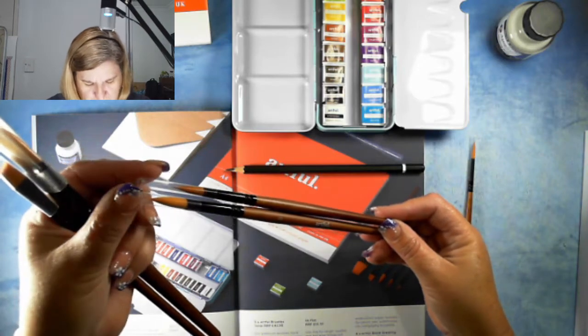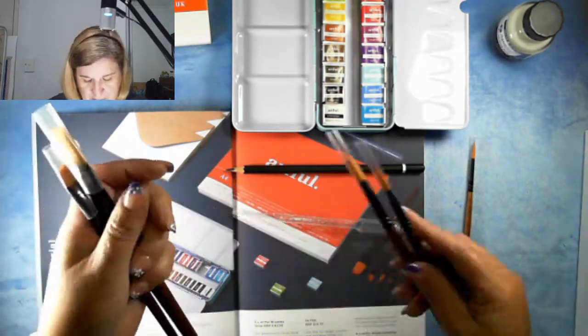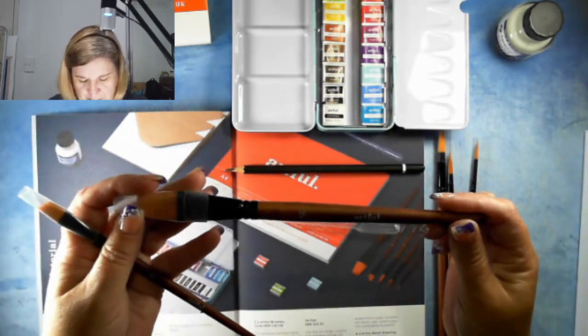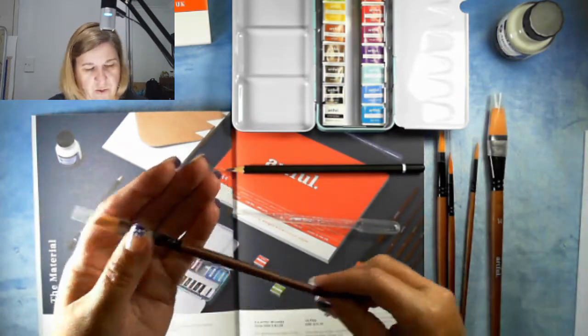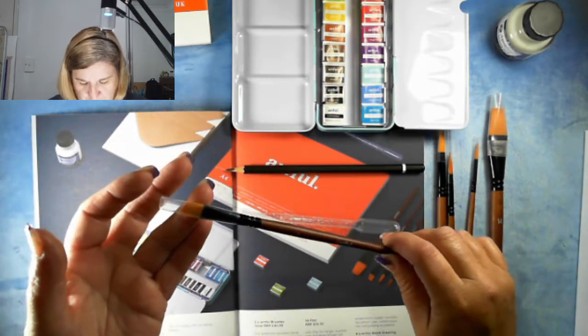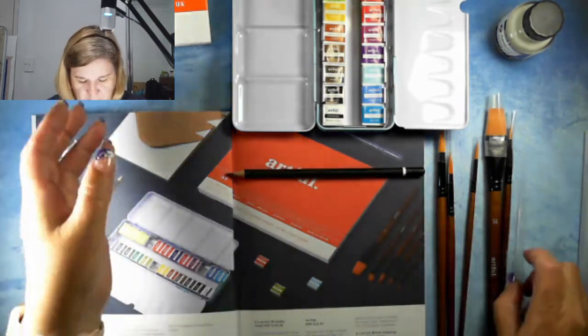For medium scale work, the point can be used for finer detail at this scale. The 14, which is a flat, use this for larger washes and blocking things out quickly. The angle, the 6, is designed to give you more control when creating straight lines versus a round brush. Then we have,